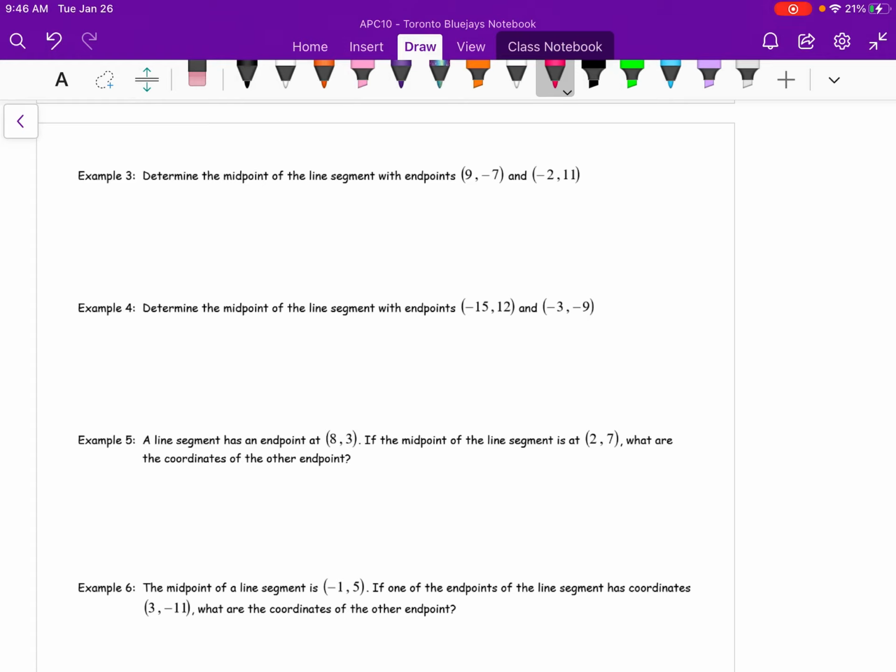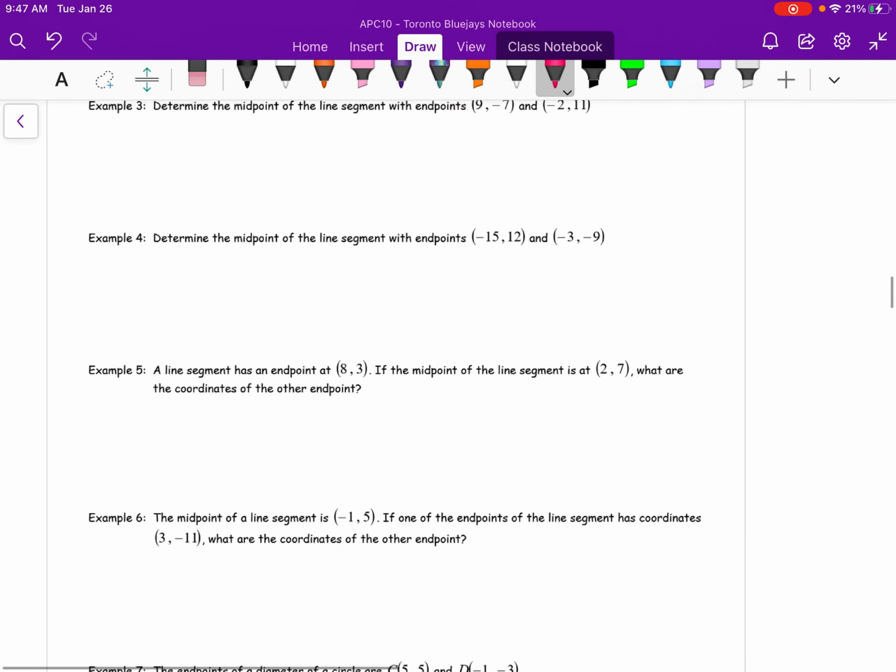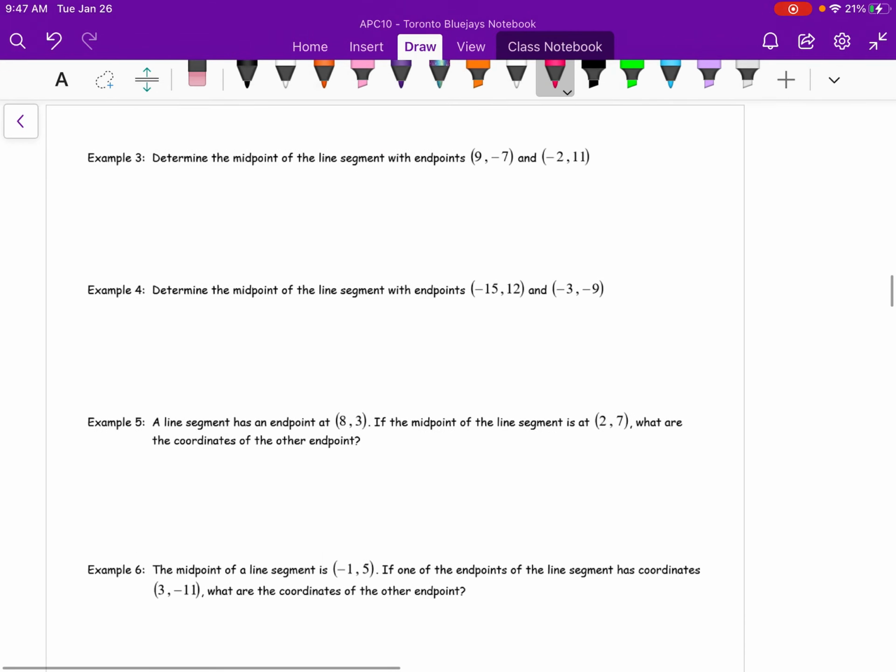I'm going to do one more example and then we'll continue on with another video. Determine the midpoint of the line segment 9, negative 7 and negative 2, 11. First things first, I call one point A. Call another point B. I'm going to highlight midpoint because sometimes people throw in length like the previous question. Take a look at my formula sheet here. My midpoint